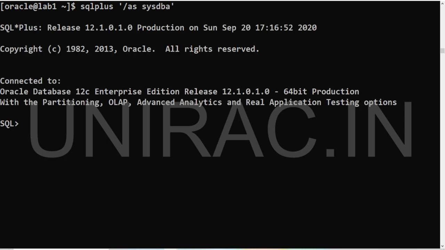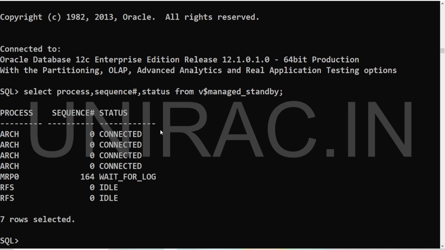In your standby, let's verify the gap, or whether the archives are being received and applied now.